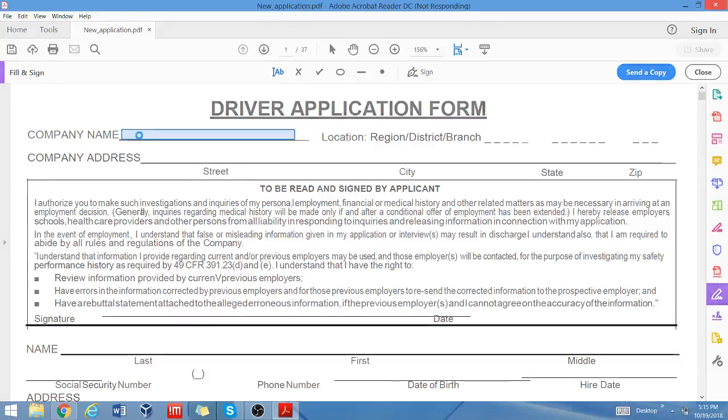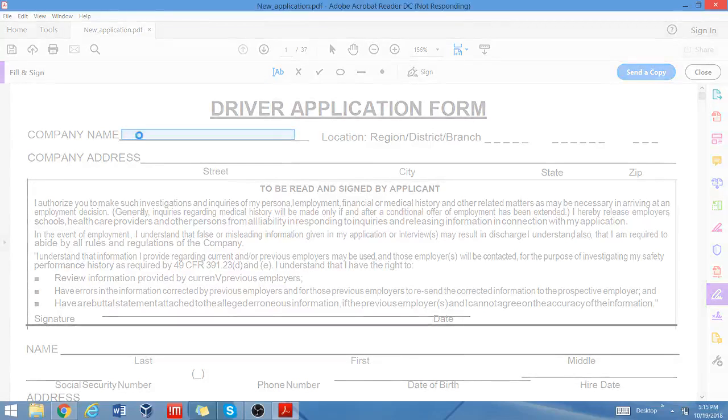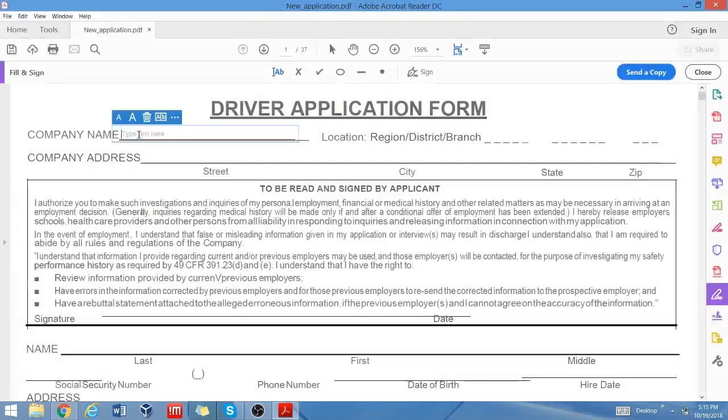It should allow me to type. And here I'll type A L P H A. I can increase the font if I want,